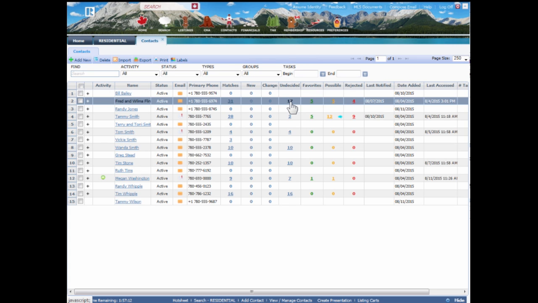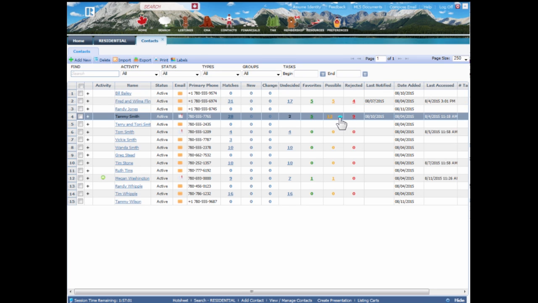And if I'm using Client Connect, I can see the undecided, the favorites, the possible, and reject. What was the date of the last email going out, and what was the date and time the last time they actually went into Client Connect. This little blue callout right here indicates there's a comment. So I could click on it, view the comment, and right next to that there's a property report I could click on. I can then see details about it,